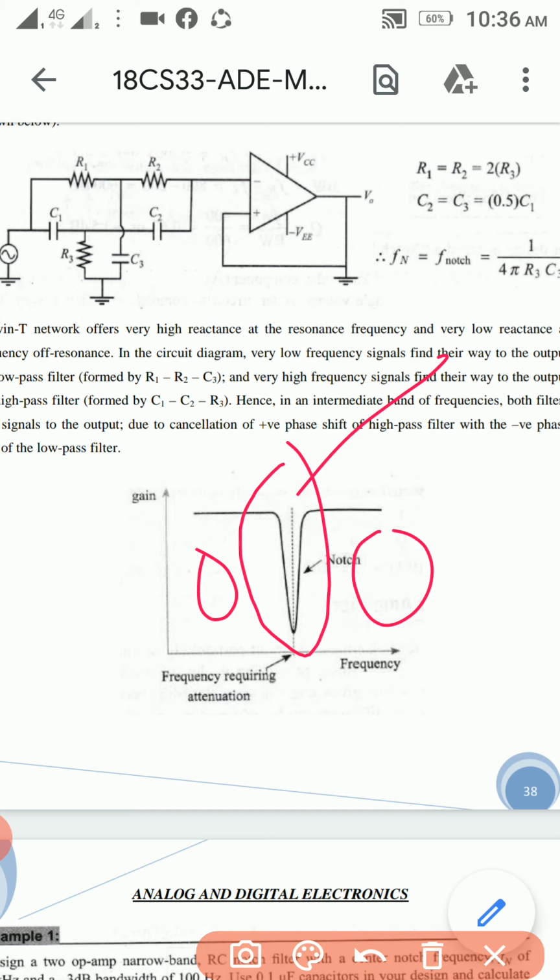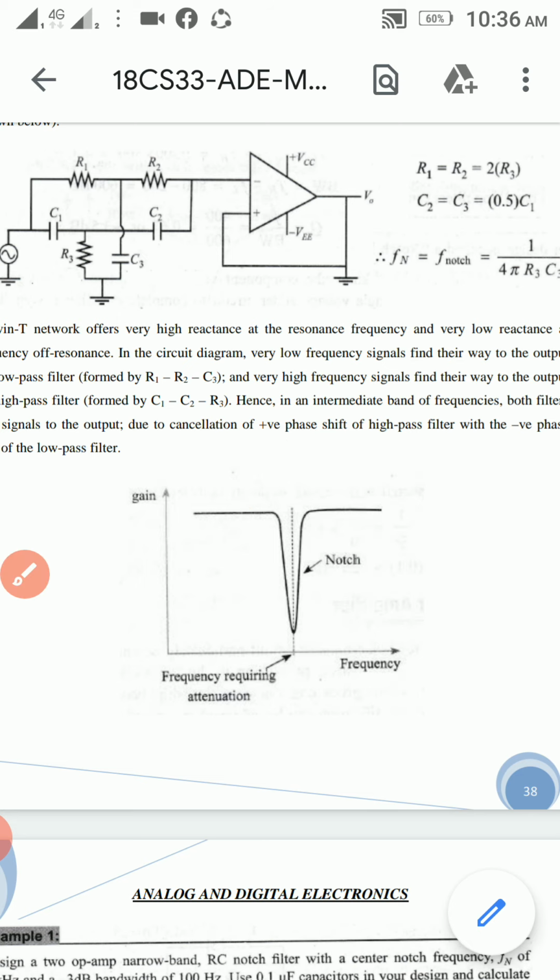Coming to the next problematic part of this notch filter. Do you understand what exactly the notch filter is? A notch filter is a filter with highly selective frequencies and a quality factor, which rejects some band of frequencies or a single frequency. It works with a high pass filter and a low pass filter path. That is what a notch filter means.